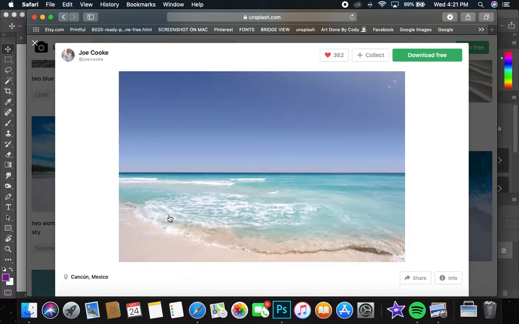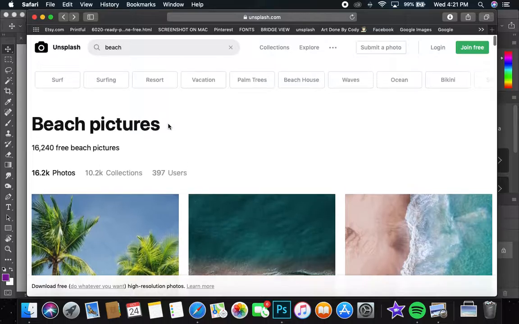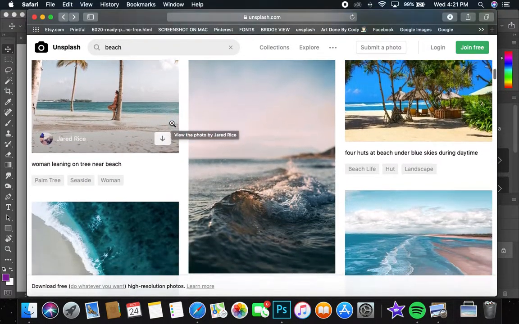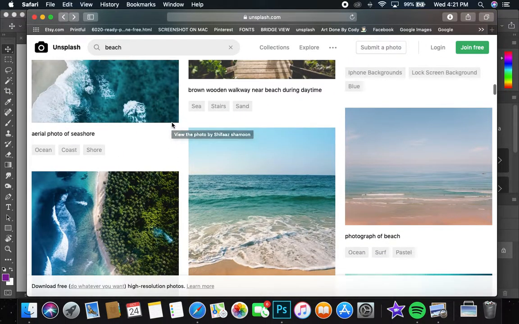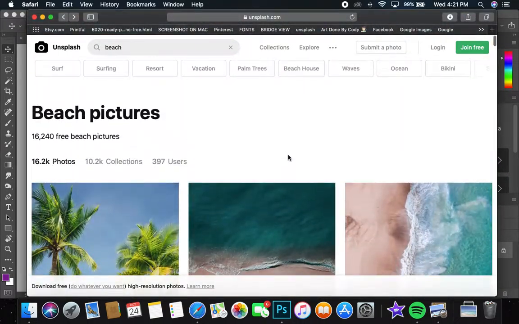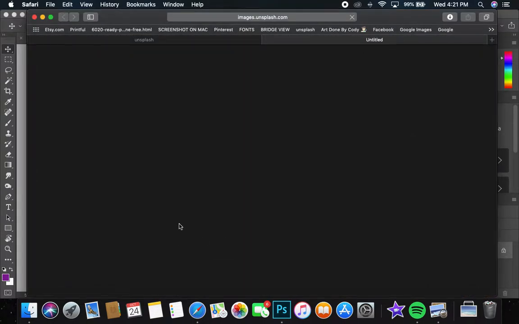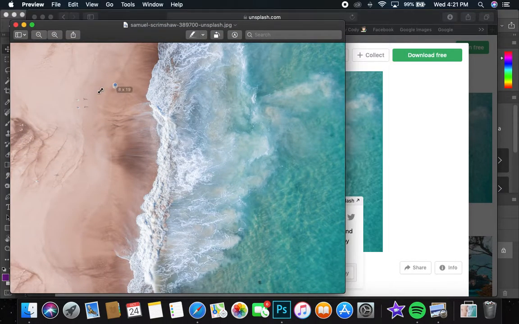Okay. So go to Unsplash. You can use their free images. And I'm going to show you an example on the beach, how to color change and all that stuff. Alright, find an image, download free, click once,